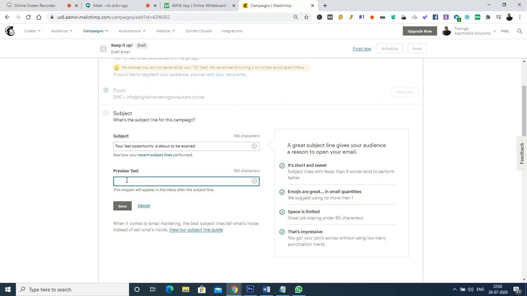Similarly, before we open a particular email, after that subject, there's a one sentence line which continues, and this one line is what we call the preview text. Okay, so right now I'm going to write the preview text as